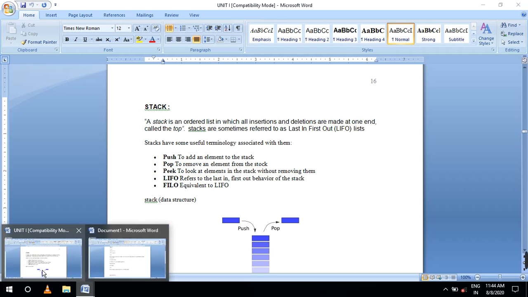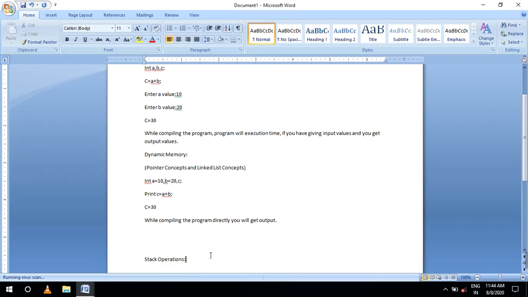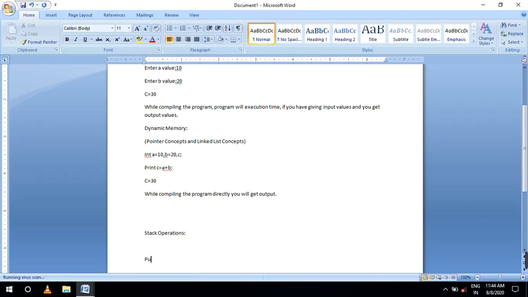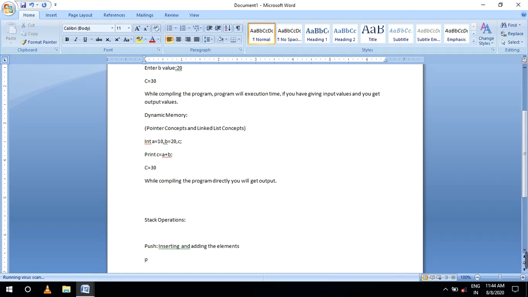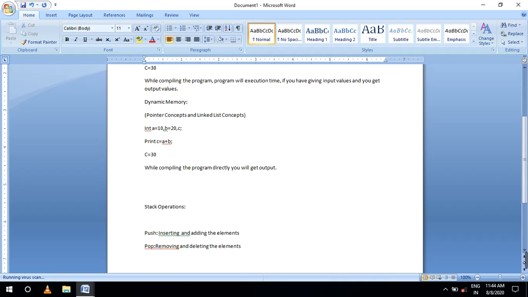For example, push means we are inserting and adding the element. Next, the pop operation is removing and deleting the elements.